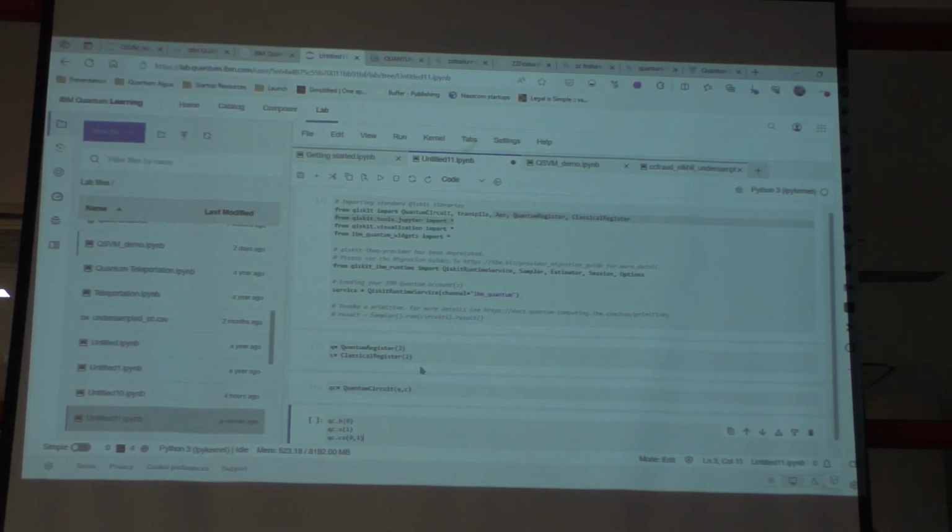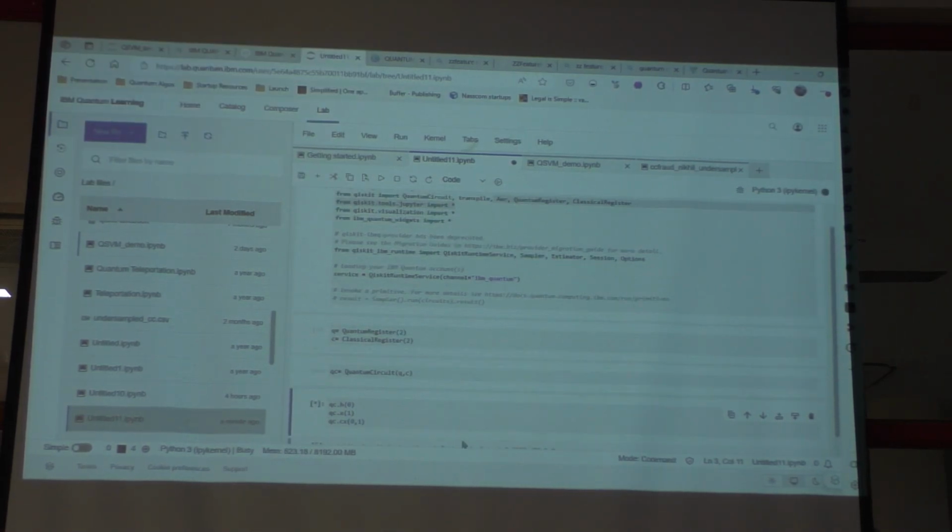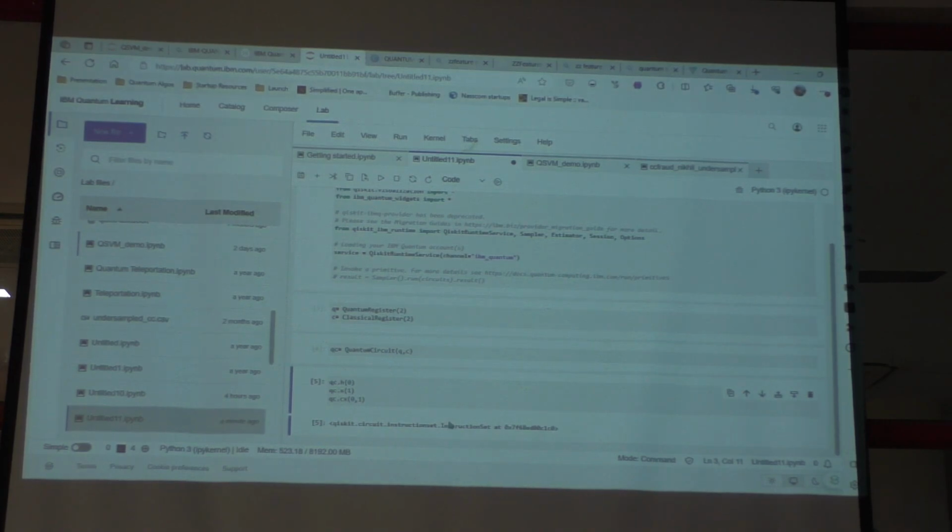So for 2 qubit circuits, we need to have 2 qubit gates. We need to have 2 different settings. One is the control and the other is the qubit that is being acted upon. So if you have any doubt,